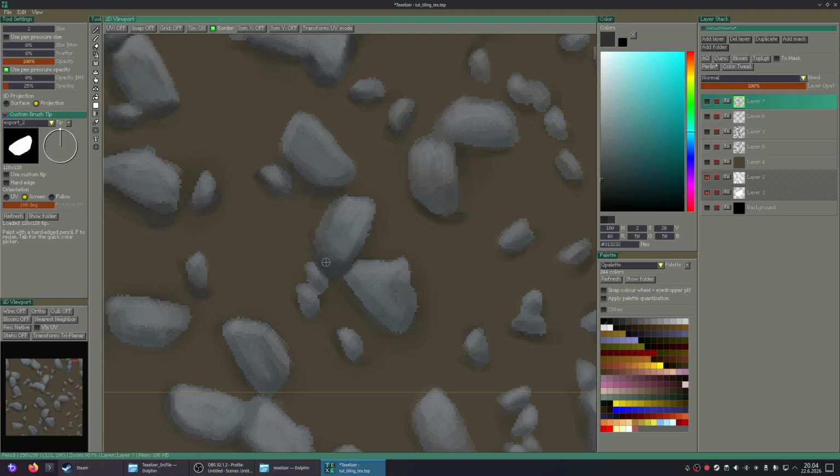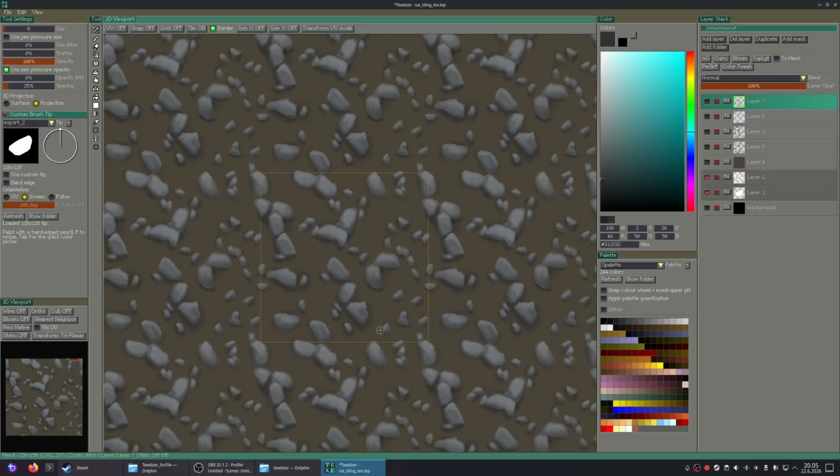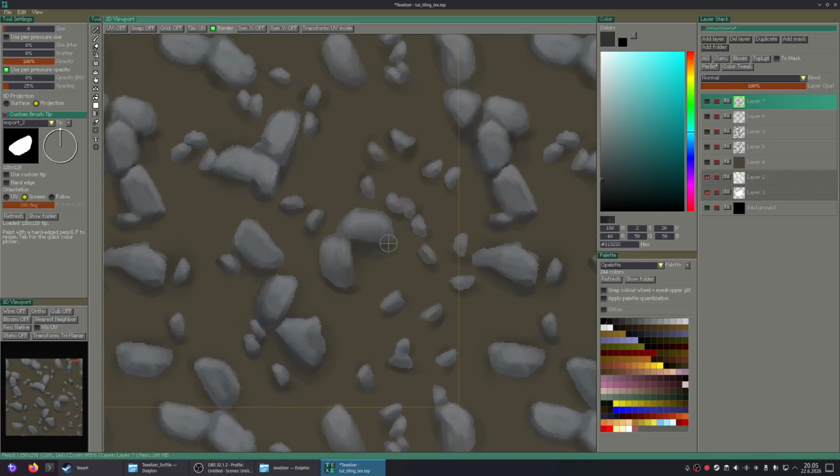Will it increase the time to paint? I have to now paint all this shadow there. Does that look like anything? I don't know.